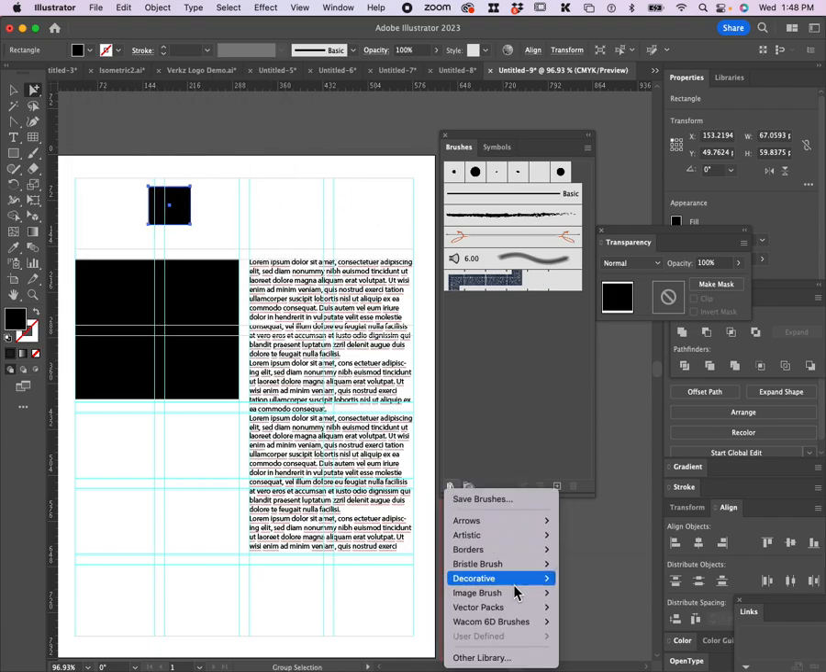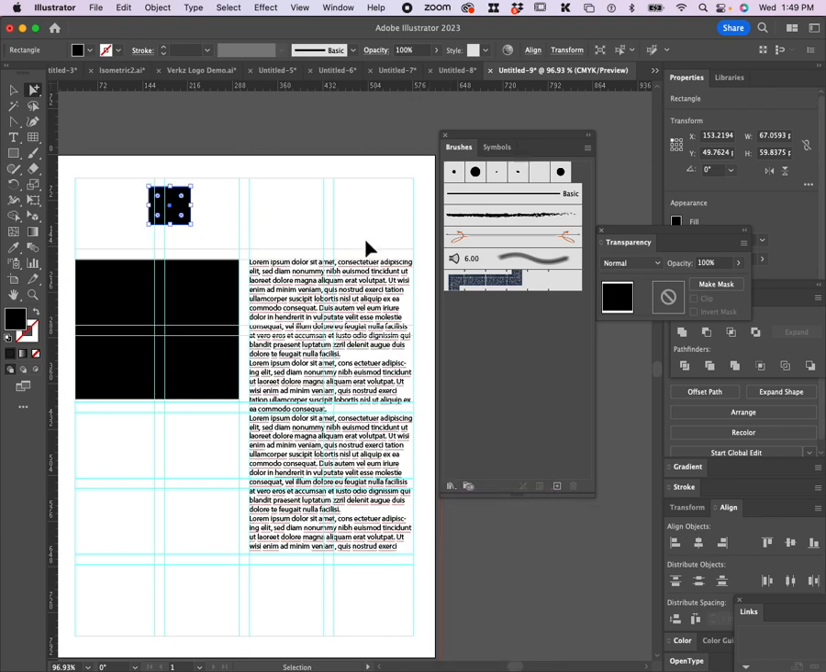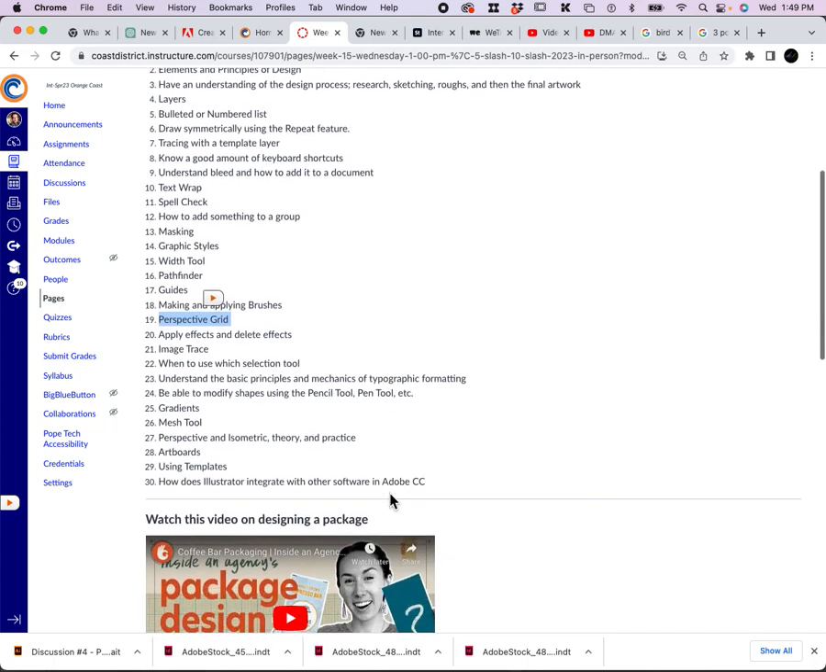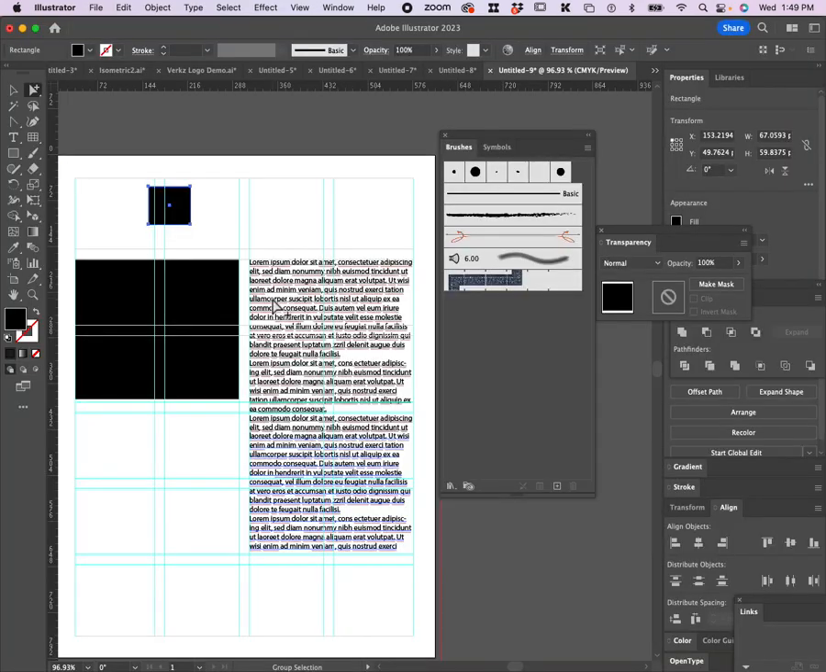Remember, you also have libraries of brushes that you can load from here. You could also go online and download brushes as well. So you could do a search for Illustrator brushes and download packages of brushes for Illustrator also that you could load into here. The perspective grid tool, we had done a couple of things working with the perspective grid tool,